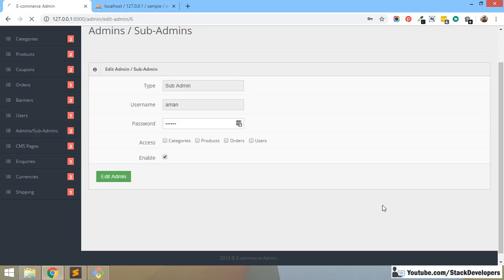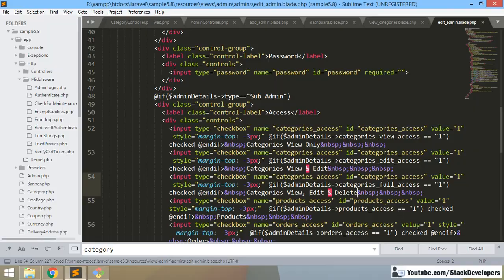So like this you can add here as well, and here make sure you need to add category edit,